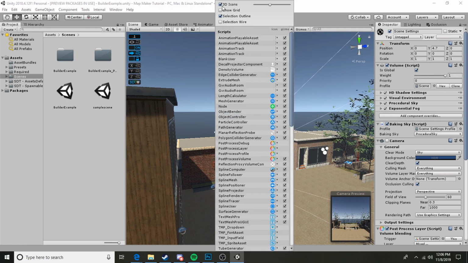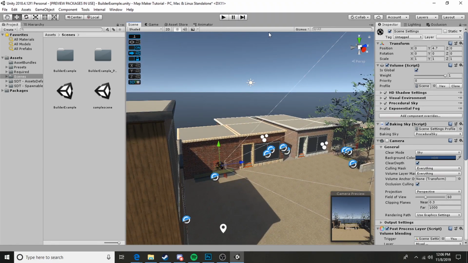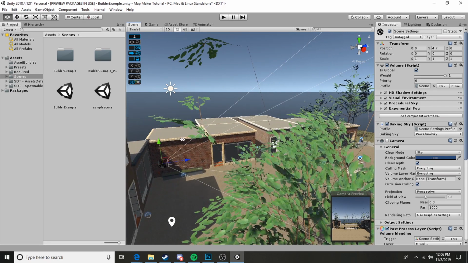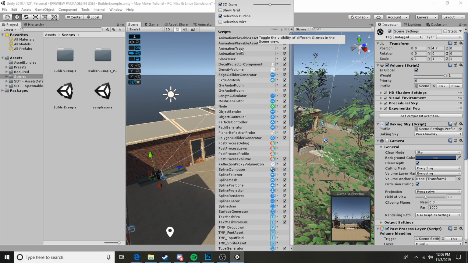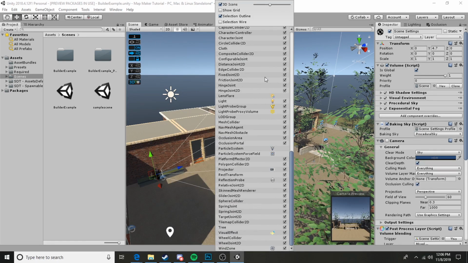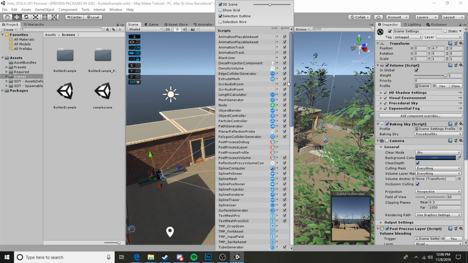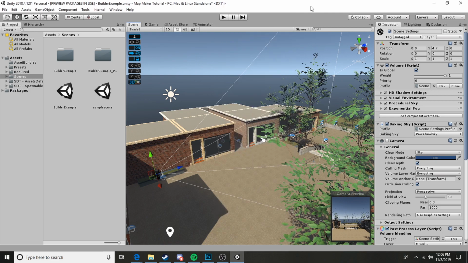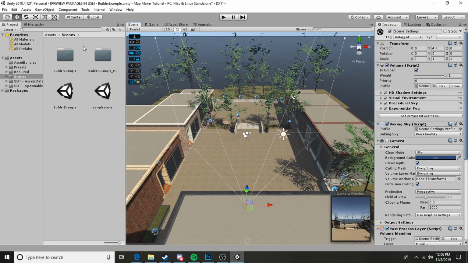You can also completely disable 3D icons and make them 2D icons, but I like to have the 3D icons so you can change the size. And of course we can go through here and play around with disabling and enabling all of these gizmos if they bother you. So now let's go ahead and take a look at our assets folder